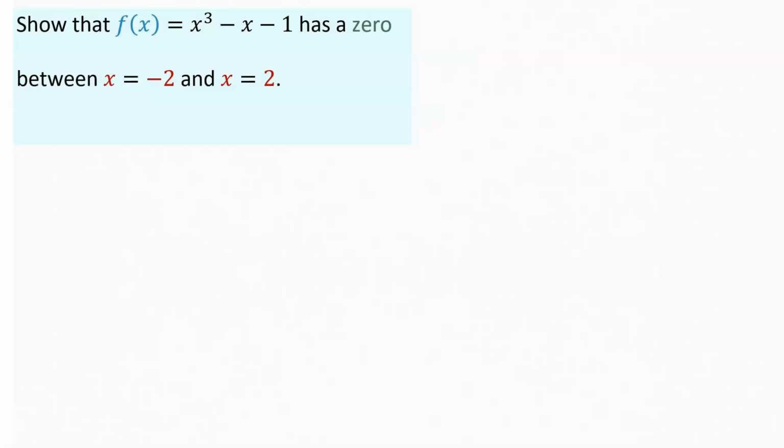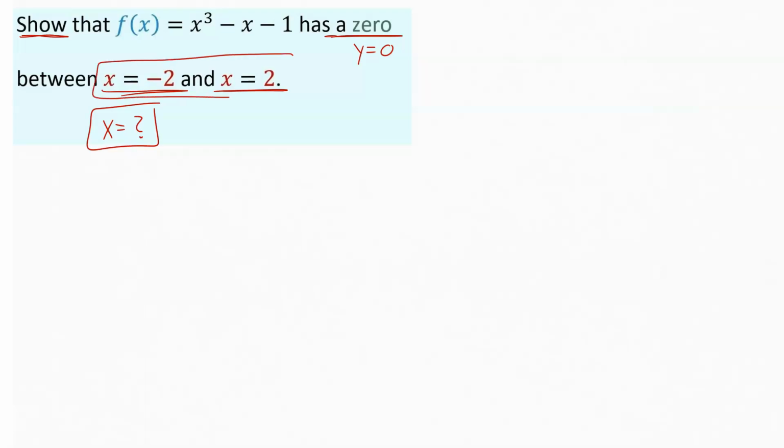In this example, we're being asked to show that a specific function we're given has a 0. So that would be a y value of 0, that y equals 0 at some point between x equals -2 and x equals 2. Notice that they are not asking you at what x value does it happen. Where would I plug, what x would I plug in to get out a y value of 0? They're just asking you to show that someplace in between these two given numbers here, there's going to be a 0. Well, anytime you run into that situation, this is really going to come back to the intermediate value theorem,